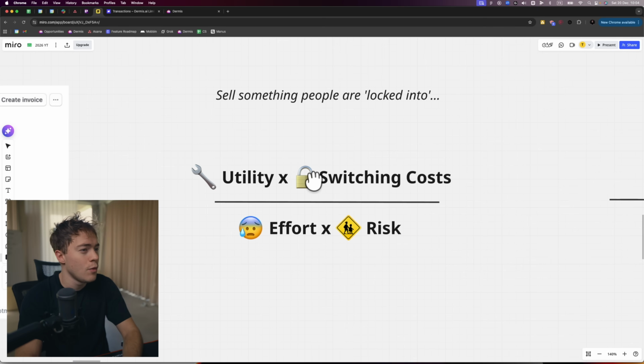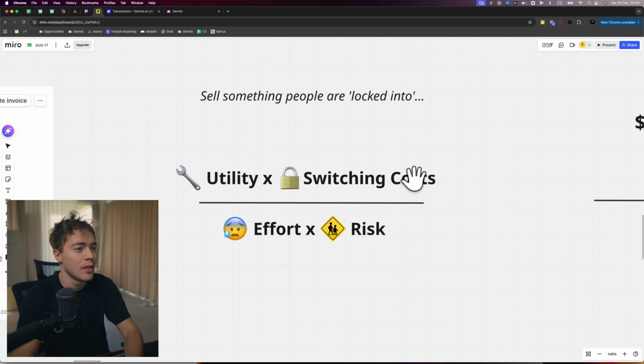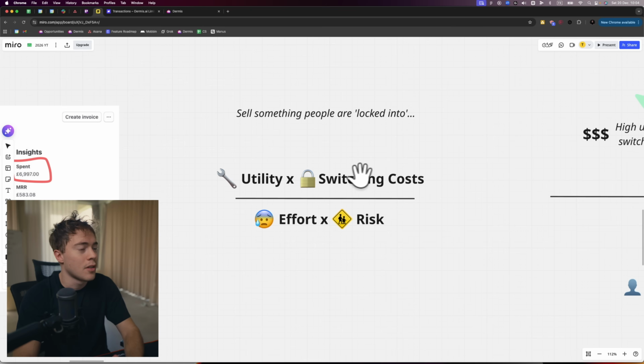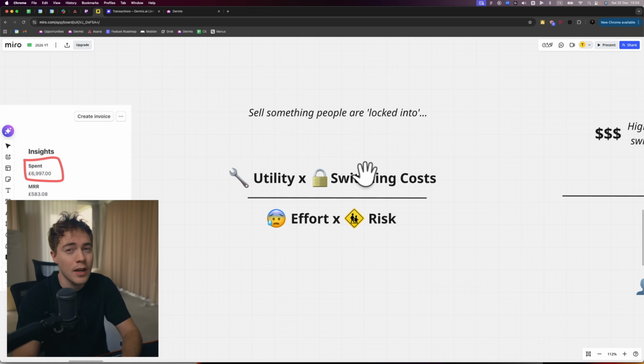Obviously this is B2B. And then you want high switching costs, meaning the costs to switch away from a different tool or a different business that provides maybe the same solution. So the cost to switch to a competitor of yours is also high. Meaning, if we turn off our software or if they were to go to a competitor, they would have to restart from scratch. And it would be very expensive for them because they would waste a lot of time. They would have to get onboarded with this new software and do everything from scratch again. And it doesn't make sense for them because we are making them so much money. They get such a great return using this tool that